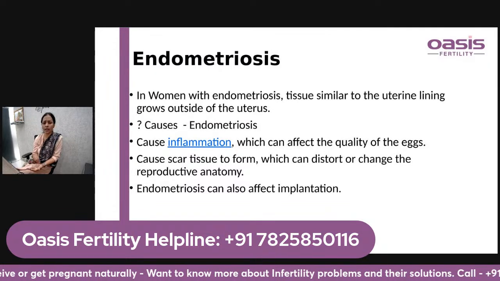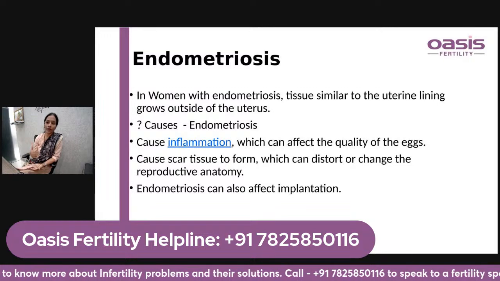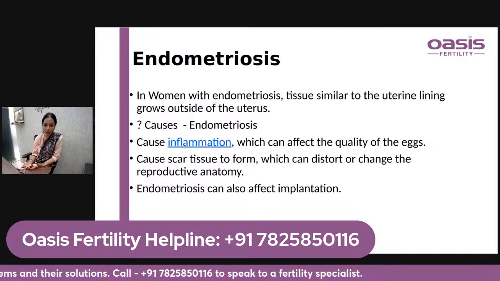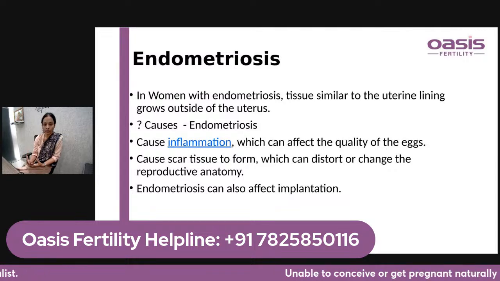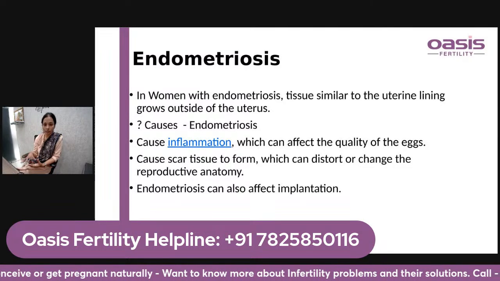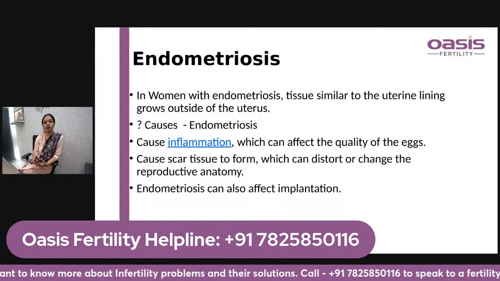Endometriosis, practically, is an inflammatory disease in the pelvis. It can affect the fallopian tubes. It can affect mainly the ovary also, thereby it can form a type of cyst known as a chocolate cyst. It can affect the way the woman ovulates, or it can affect the egg count in the ovaries. It can affect the quality of the oocyte. So there are various different mechanisms by which endometriosis can affect women's fertility, and thereby it can lead on to